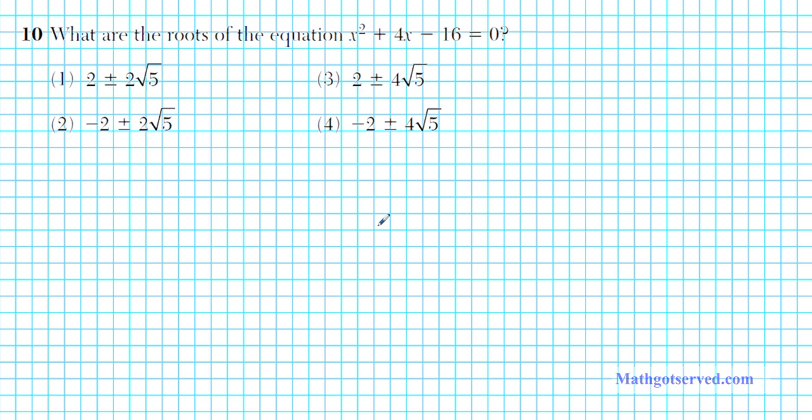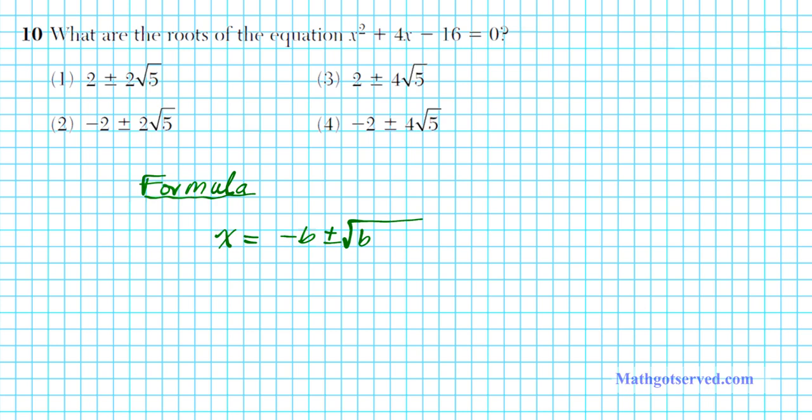Completing the square always works, but the quadratic formula is the simplified process of completing the square. So there's no need to complete the square if you have the quadratic formula, okay? So let's go ahead and write down what the quadratic formula is. The formula is x equals negative b plus or minus the square root of b squared minus 4ac